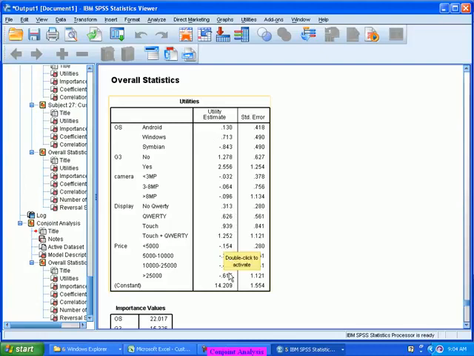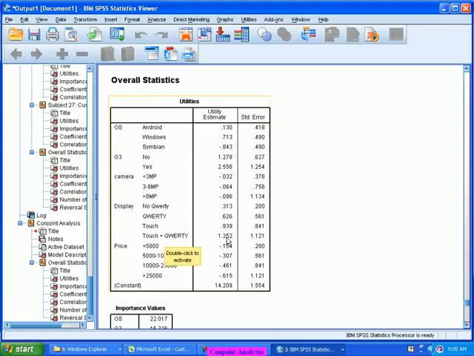Now if I see the relationship between price and utility, it is showing a negative relation, which means the higher the price, the lesser the utility. But what we are observing is there is not much of a difference: 0.15, 0.3, 0.46, 0.61. Still, the higher the price, the lesser the utility in case of the price. Similarly, when we are looking at the display,